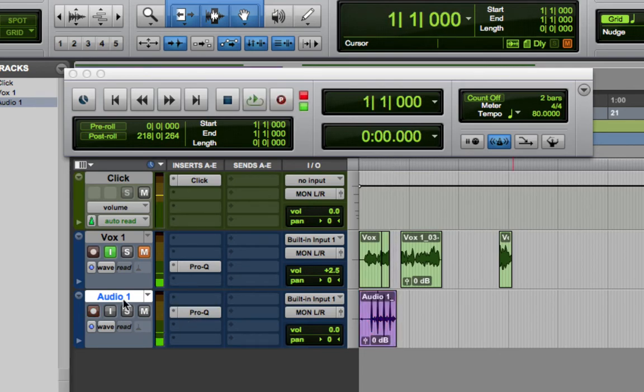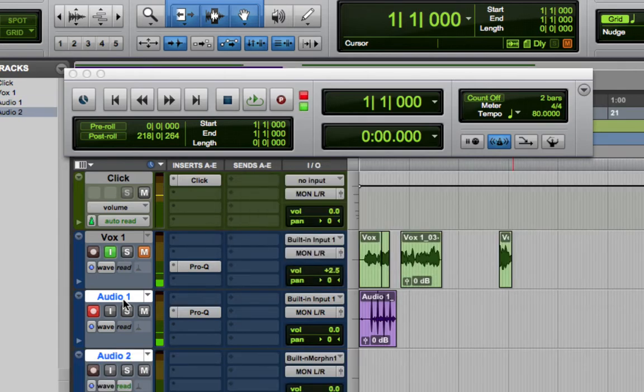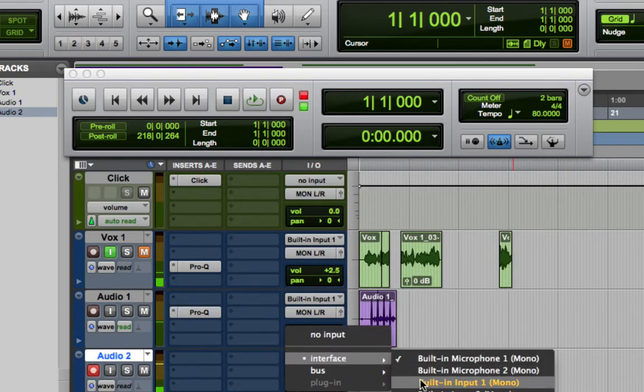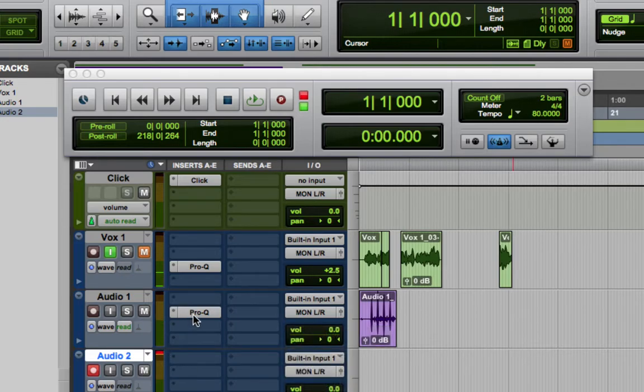All I want to do is now record another track over this of bass guitar or something. So if I go to record the bass guitar onto this track,